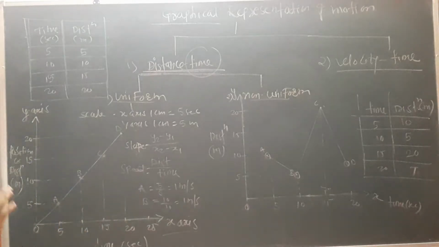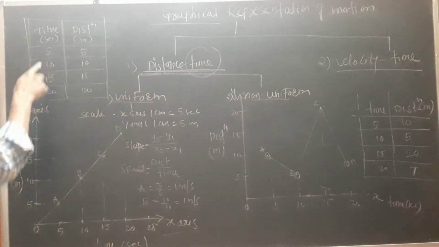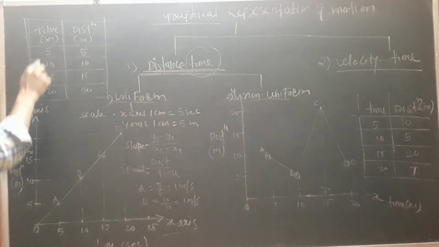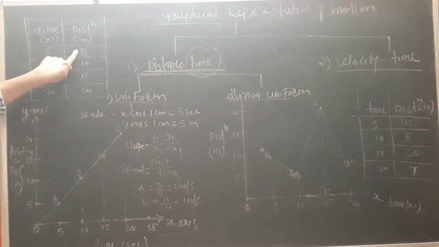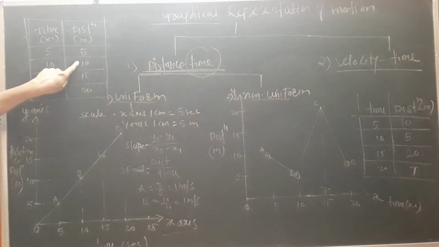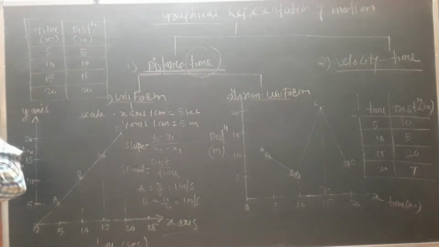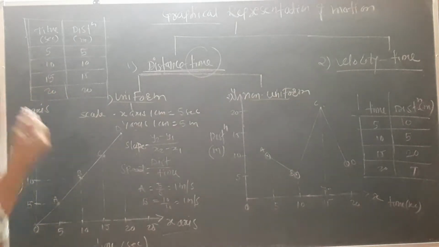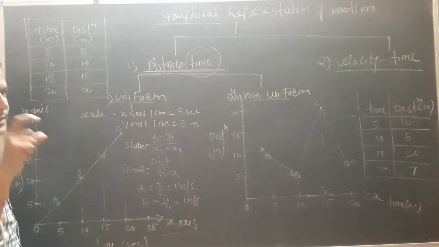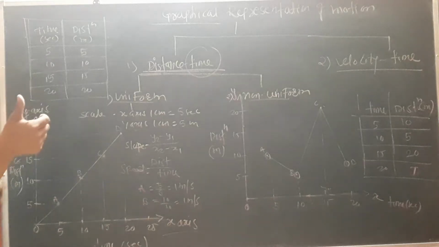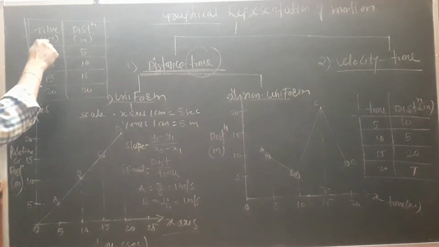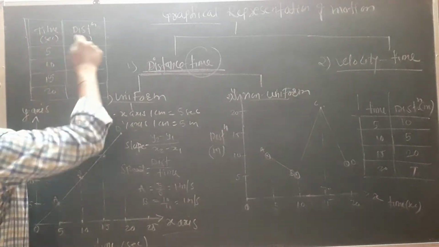For that purpose, first go through the table. I have designed one table in which I have mentioned that for the time 5 seconds I covered 5 meters. Then for the next 10 seconds, I again covered 5 meters more, making 10. Next 15 seconds, 15 meters. So this is the chart or table that is given. Whenever you draw a graph, first you have to draw the table where the distance and time are given. And while you are drawing the graph, keep in mind the appropriate units. Time is given in seconds, distance is given in meters.